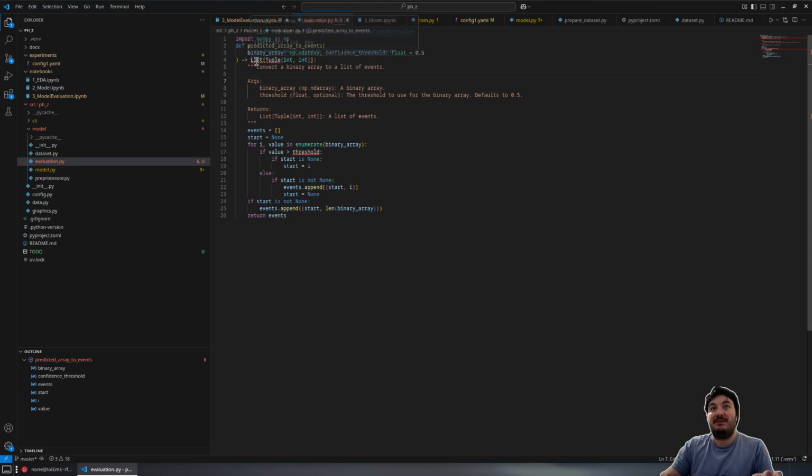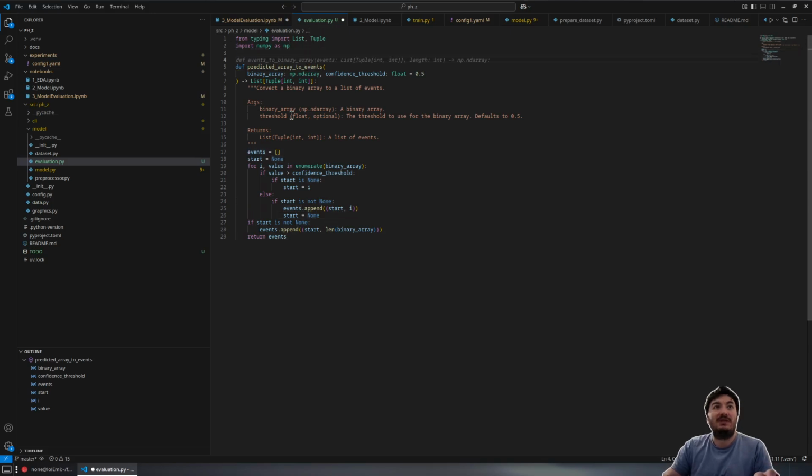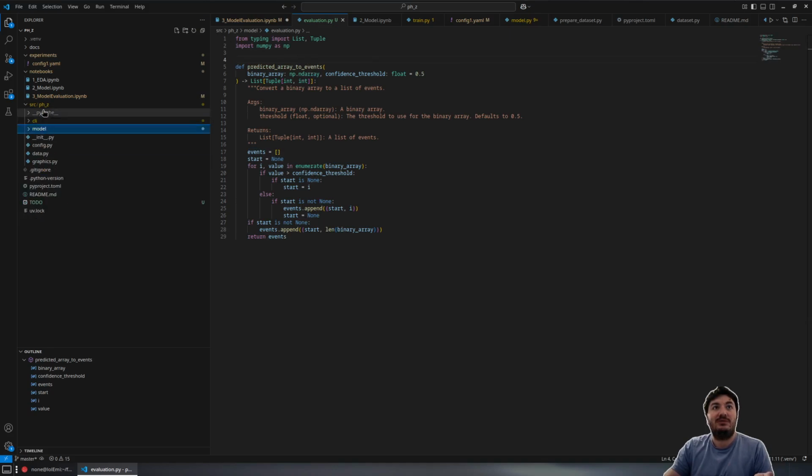Okay, I think the implementation is, I haven't looked at it. So we just start by iterating. The binary array is greater, if that is none, then is not. Okay, this should,